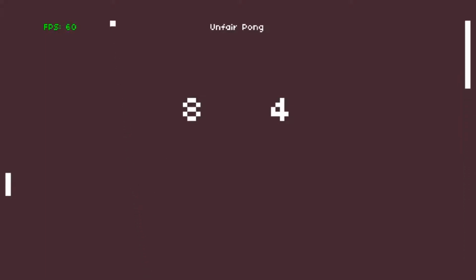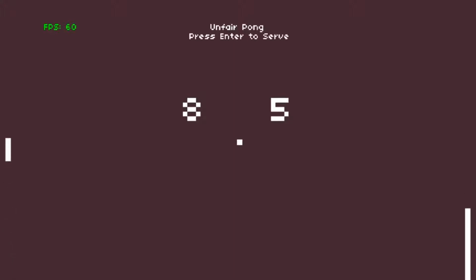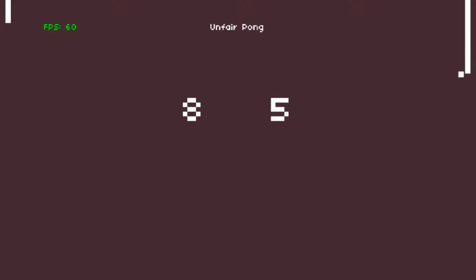I think about ways to make this game more hilarious, because Pong is a pretty straightforward game. If I was trying to make this game funny and more interesting, and make it a final project, maybe I would add a Space Invaders element where he starts summoning guys who shoot at my paddle. And if I get shot, I get stunned. I can't move my paddle for a second or so.